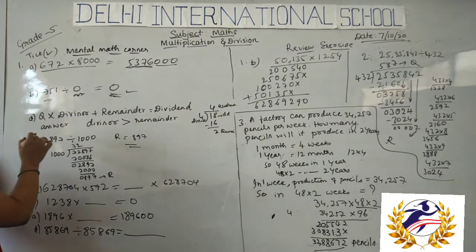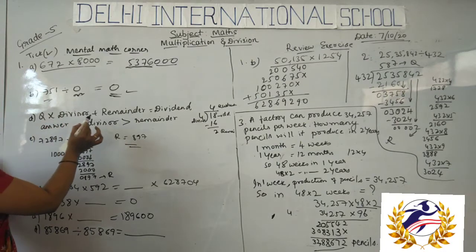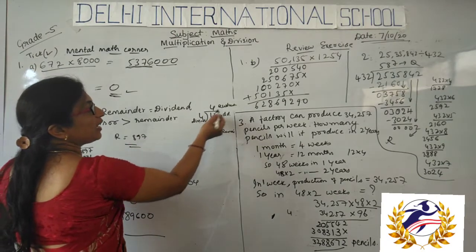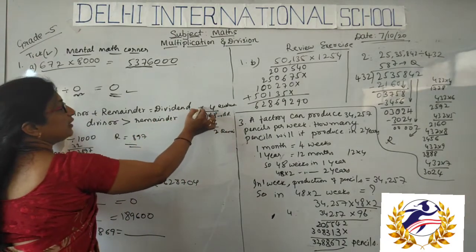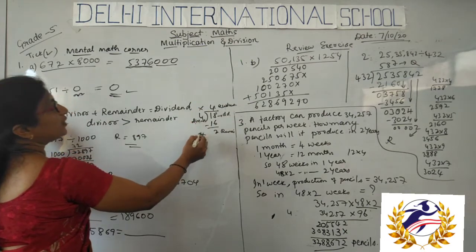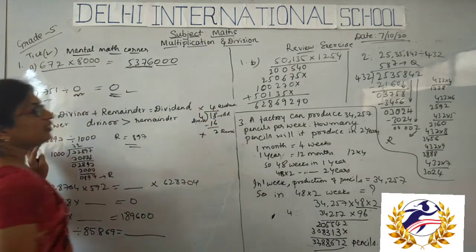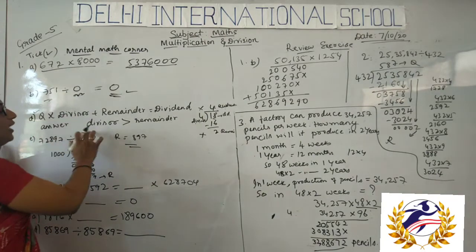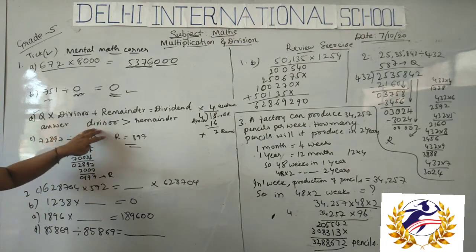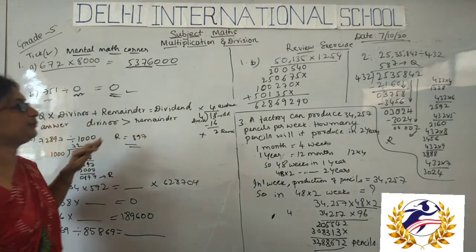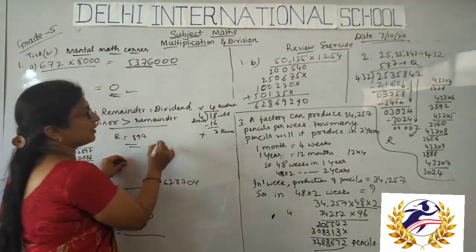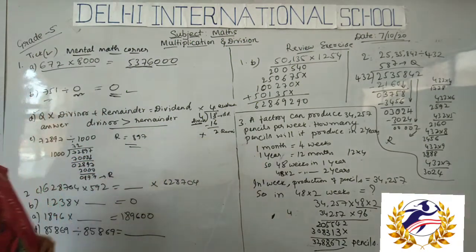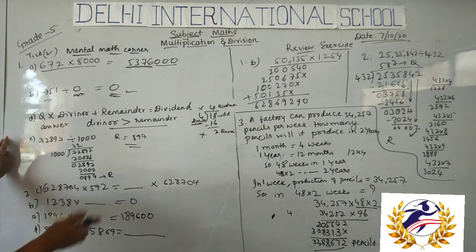So next problem, they have given quotient into divisor plus remainder is equal to dividend, isn't it? So quotient and divisor, these two are multiplied, then it is added with the remainder, then we will get the answer dividend. Okay, so yes, it is true, the formula is correct. And the condition given is that the divisor is greater than the remainder. Yes, so this is the correct answer. The divisor is always greater than the remainder.